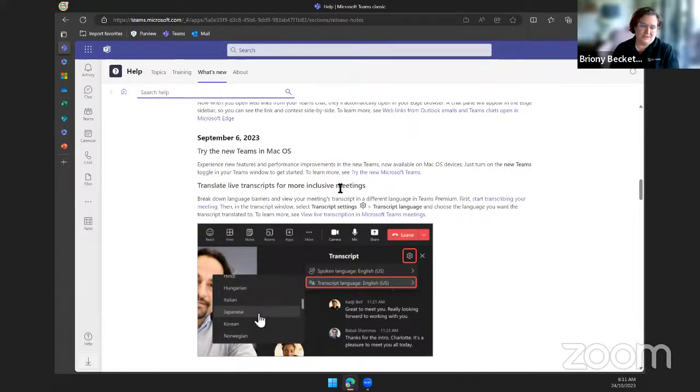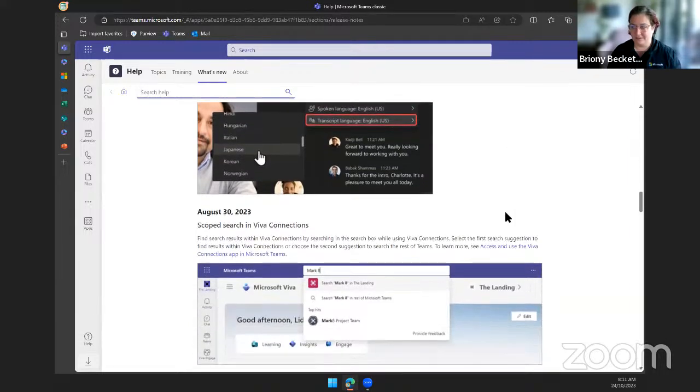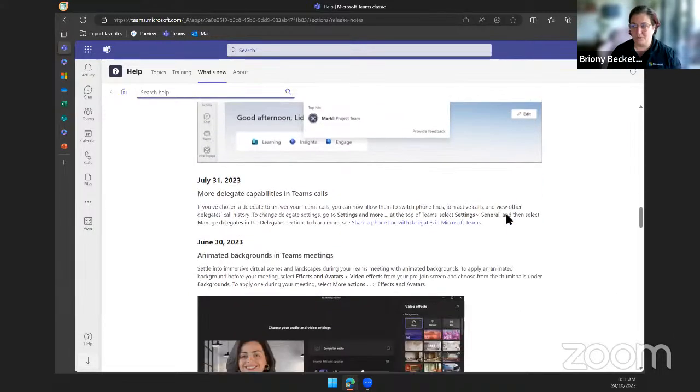It's too much. And even being internal to Microsoft, a lot of the time we don't find out about new features and updates until they're out in the wild either, because there is so much. So this is a really handy place to just go and have a look around and see what might be of use.